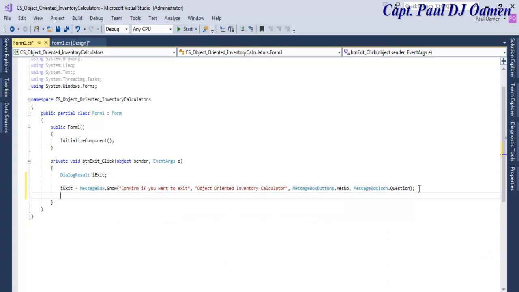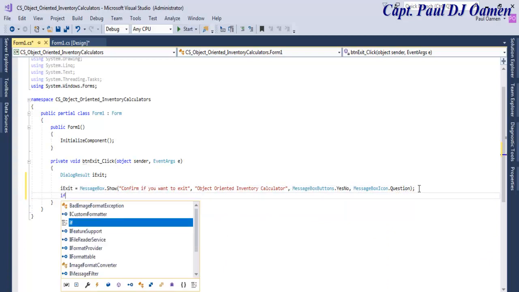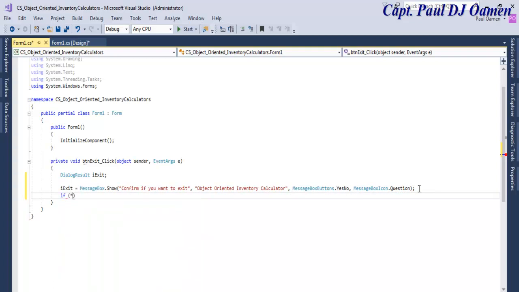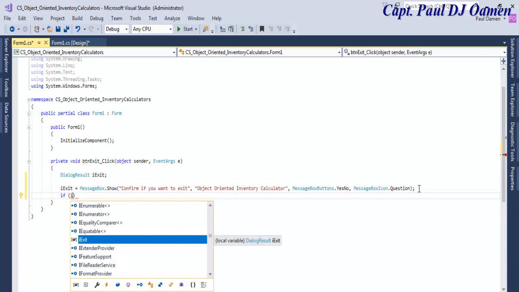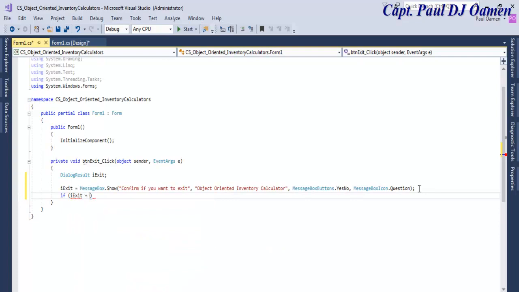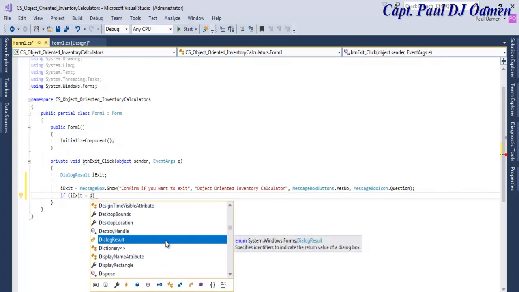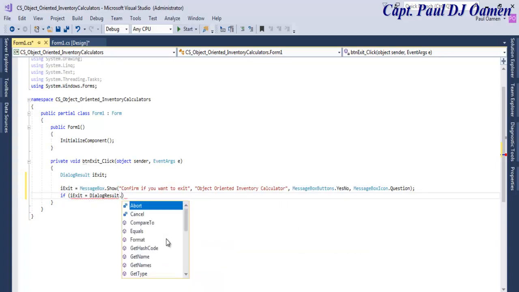Okay, enter a semicolon there, and right underneath let's enter an if statement. If the dialog box, that is if exit equals DialogResult. Let's try that again. DialogResult,